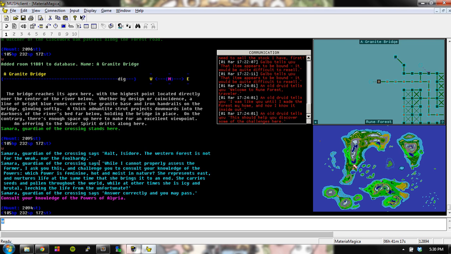So this guy says, let's see, blah blah blah. Which power is feminine, hot, and moist? In nature, she represents east and nurtures life. So hot, moist, feminine. It's going to be Ithrillis, I'm pretty sure. But if you do help religion,